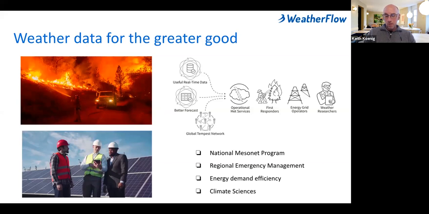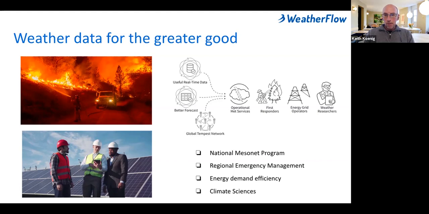If you don't know what it is, Google it. It's a really interesting public-private collaboration between folks like NOAA and private companies like WeatherFlow, where we have an agreement with the National Weather Service to provide our curated set of data for your regional National Weather Service offices to use, to the extent of their mandate, which is the protection of life and property.